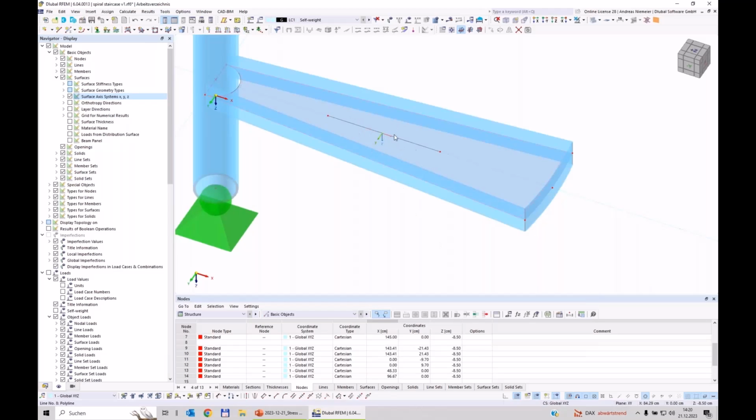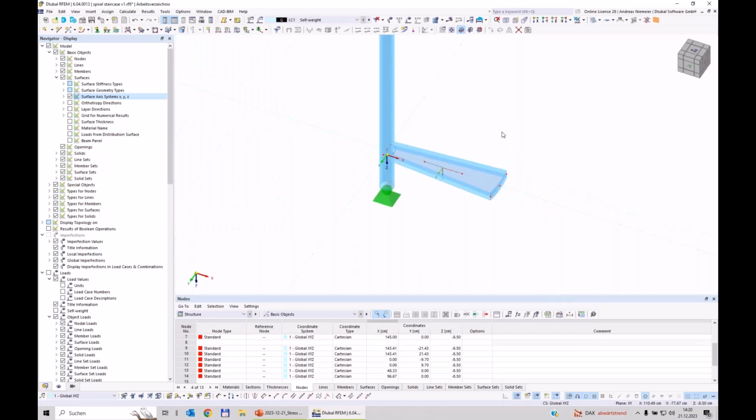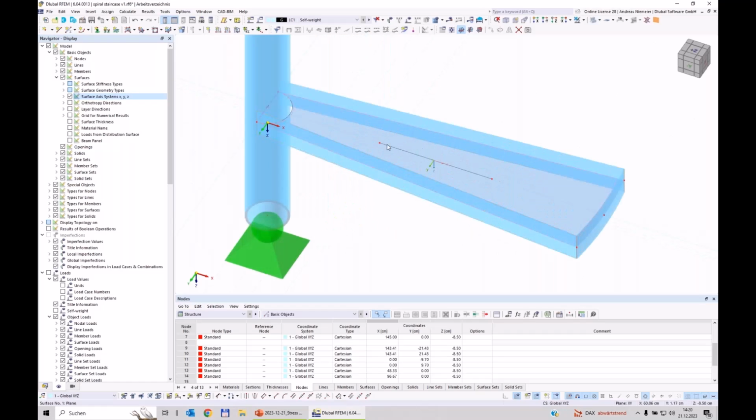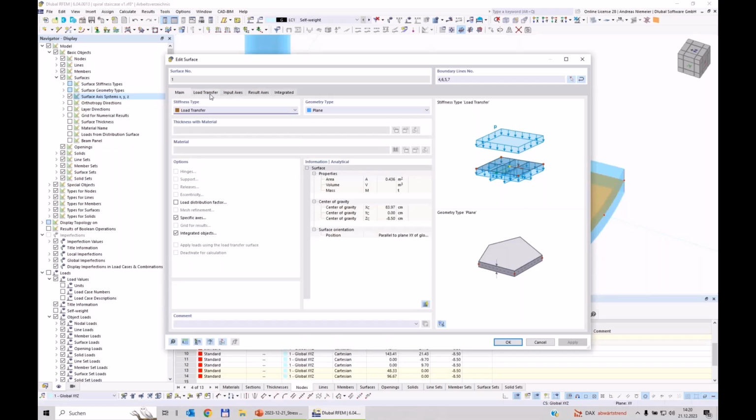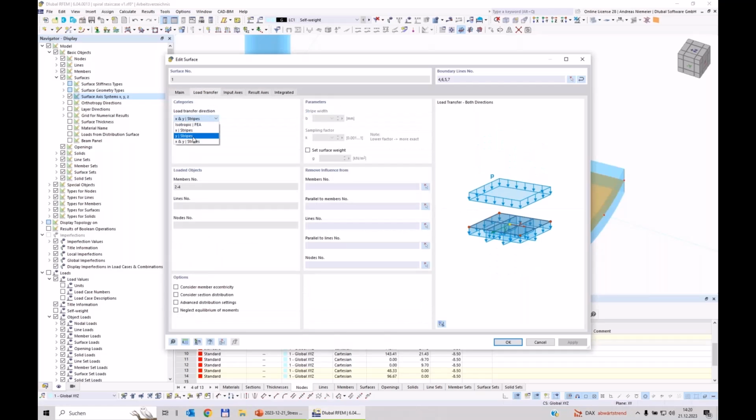Because X is already running in this direction. That's clear. But imagine we want to rotate this step around the pole so it will move. So I fix it with this option. In the next step, I say, please distribute the loads about the y-axis. So in this direction, only on this